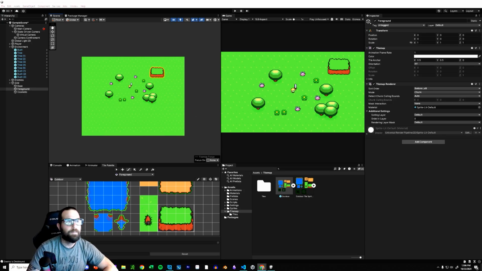Now I just noticed it looks like we're missing some of the trees. I'm going to go ahead and make sure our base is set to the same layer that our grass is on. He's doing in the lesson right now what I just did about the sorting layer. Our foreground is -1 since we always want our player to be on top of it. So it looks like I don't want that here actually. I'm just going to quickly delete that by selecting the eraser and highlighting over what we just placed. I'm going to go back to the paintbrush, and I'm just going to put this nice little cliff over here